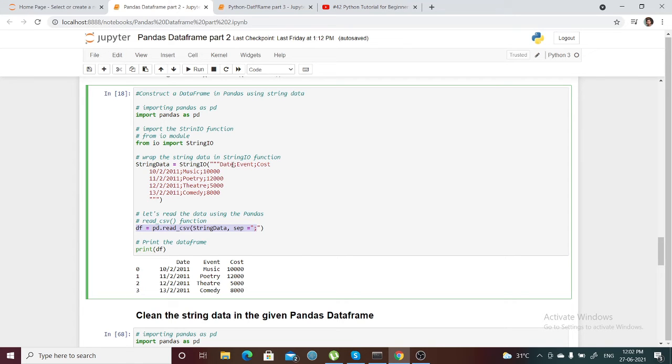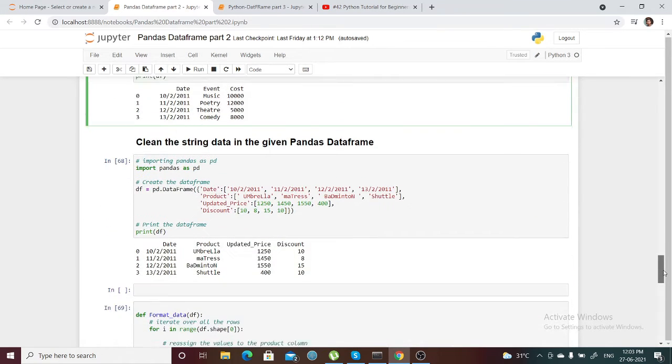It will consider the first row as the column names, then assign all the values to each column. Date, event, cost will be considered as column names, and the separated values will be considered as data in the data frame. So yes, this is also one of the ways it is possible.